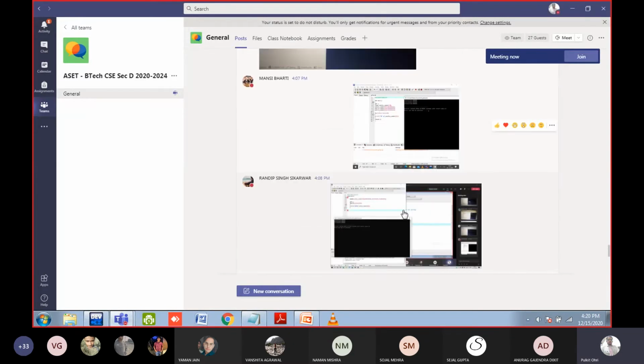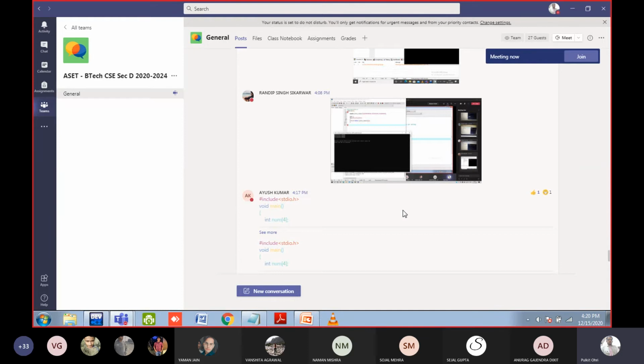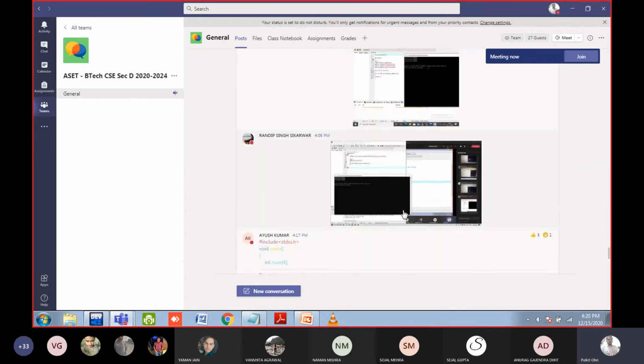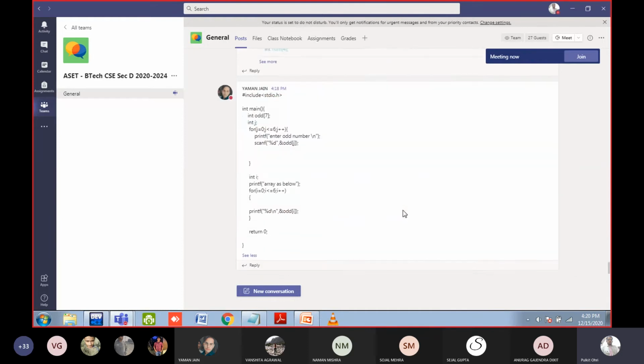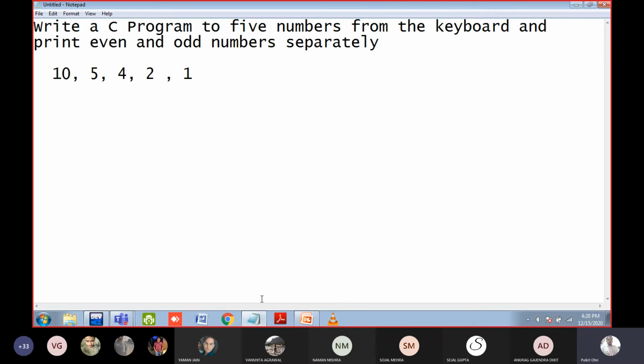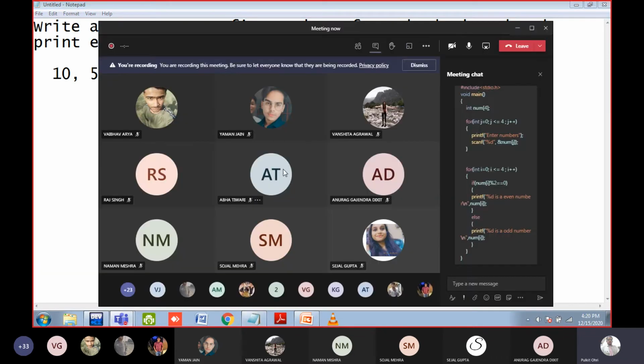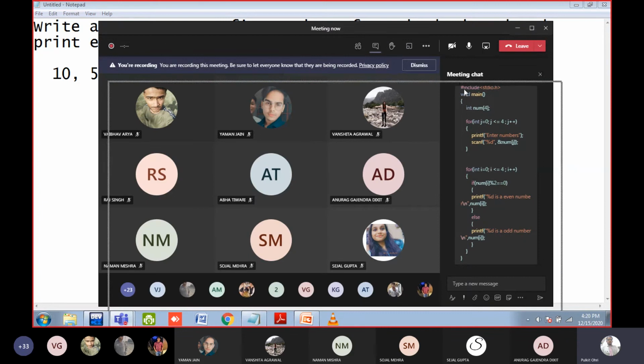So far, only 2 students have sent the answer, Ayush and Yaman. Other students, I'm waiting for the answer. Let me know if this question is difficult. I can write the code.